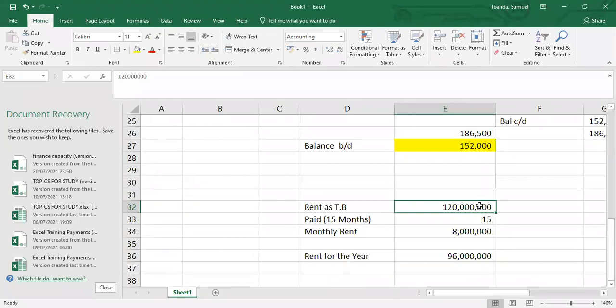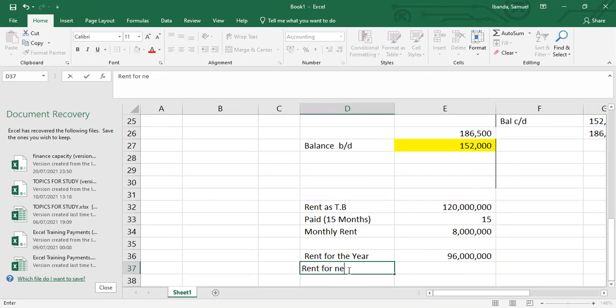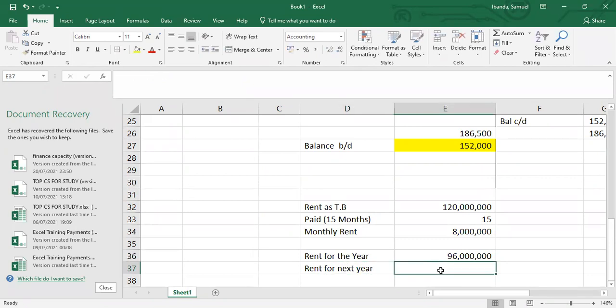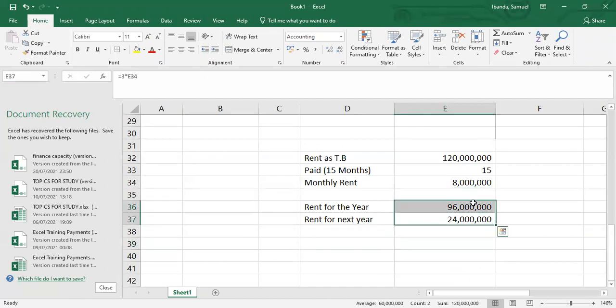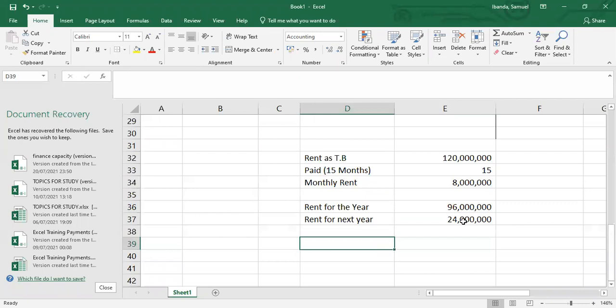You get it? But since it has 120 million, I have to adjust it by crediting my rent with the difference. Rent for next year, you can do the difference, or you can just do the 3 months times the 8 million. So you can see the total of this gives you 120 million. So for us to make sure that we are recognizing the right thing, we are going to remove this 24 million from this 120 so that it gets to 96, and that we shall do by debiting our,